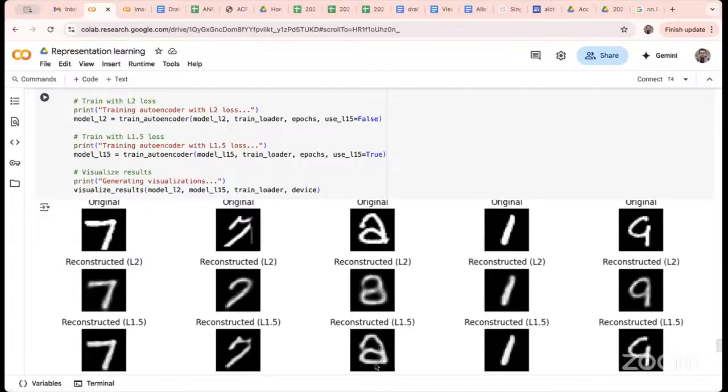Even in this 9, where there is no line in between, L2 has connected it, but L1.5 has not connected. You can check 7. So these are the effects of different representations which we are enforcing while we are putting different loss functions. That's the meaning of representation learning.